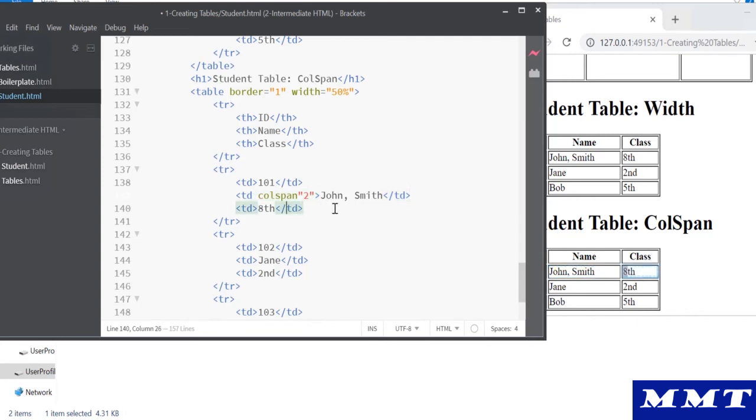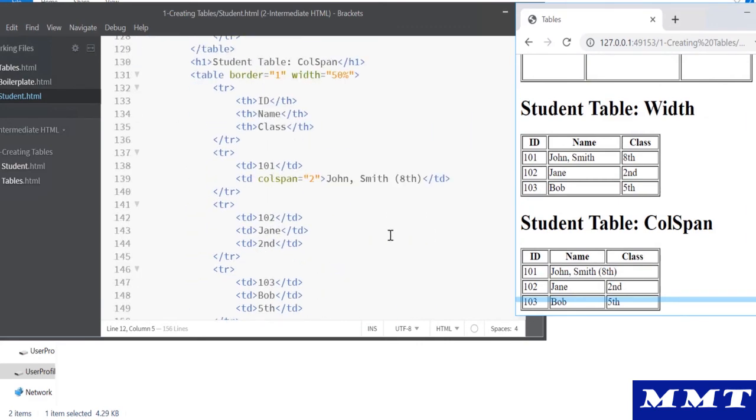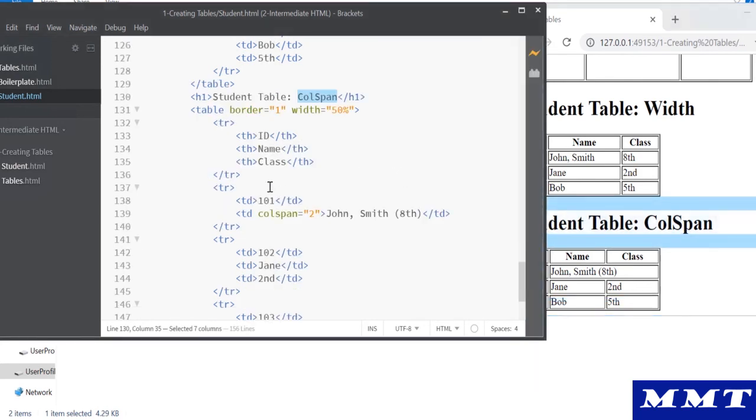Because you occupy two columns, you don't have to mention it here, you can mention it here, and then you can remove this column because this column is occupying the two-column space. You just mention it is equal to 2 here, and you can see the column is being occupied. This is called column span. And where do you apply that? You apply it onto the column. If you want a column to occupy n number of columns and merge columns together, you basically use the col span.